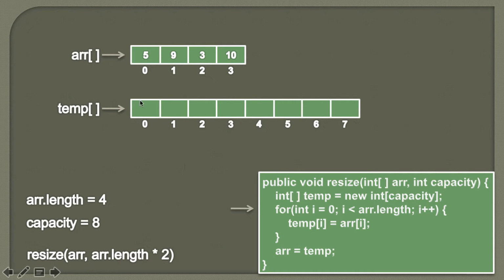Now friends, as we have created this temporary array, our next task is to copy each and every element of this array to this temporary array. In order to do that, we provide a for loop which starts from the 0th index and goes to the array.length - 1 index. So here the value of i will be 0 when this for loop starts. It will simply point to the 0th index, and we know that the value of i, which is 0, is less than 4. So this for loop will execute.